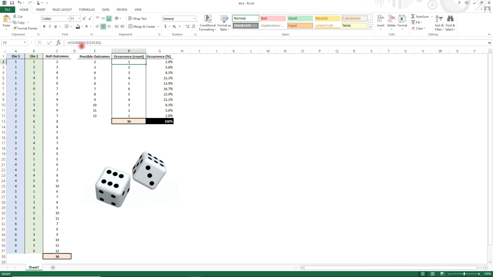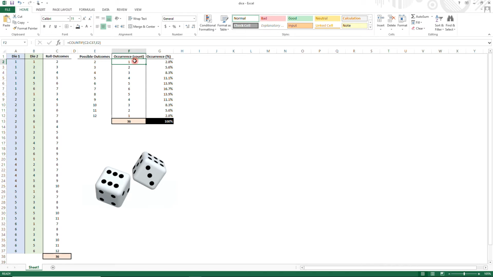So I use the function COUNTIF in Excel very simply, just saying go in there, go into the range: equals COUNTIF C2 to C37, as you can see here. And if you see that outcome 2, count how many times that occurs. So applying the function here, as I just explained intuitively as well,